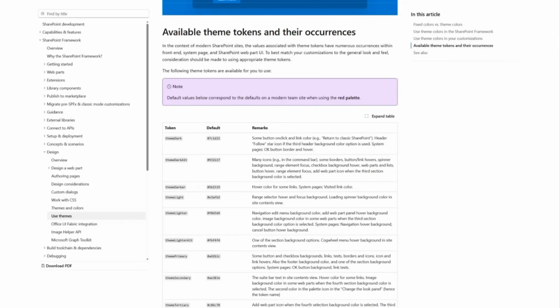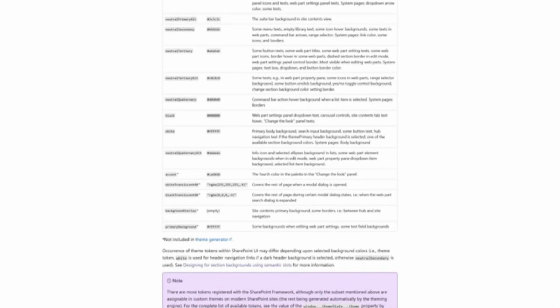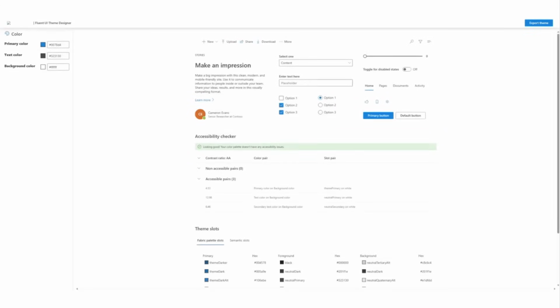You can actually go to the Microsoft documentation to get the list of theme colors that are available, and there's quite a few, as you can see. We're not going to go through all of them now. Now, there's another thing that you can use. If you want to understand how these theme colors work, you can go to the theme designer,